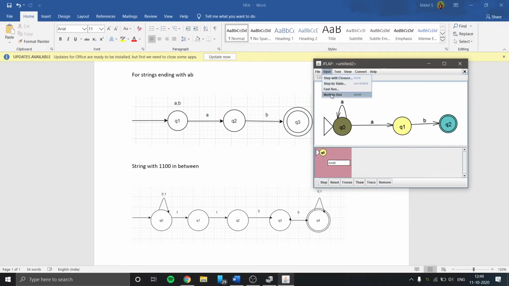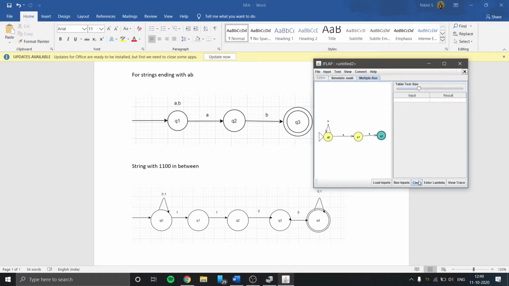Similarly, we can do a multiple run. Here we can add multiple inputs, simply AB, AAB, BBB. So here we have added a few inputs, and let's check this.